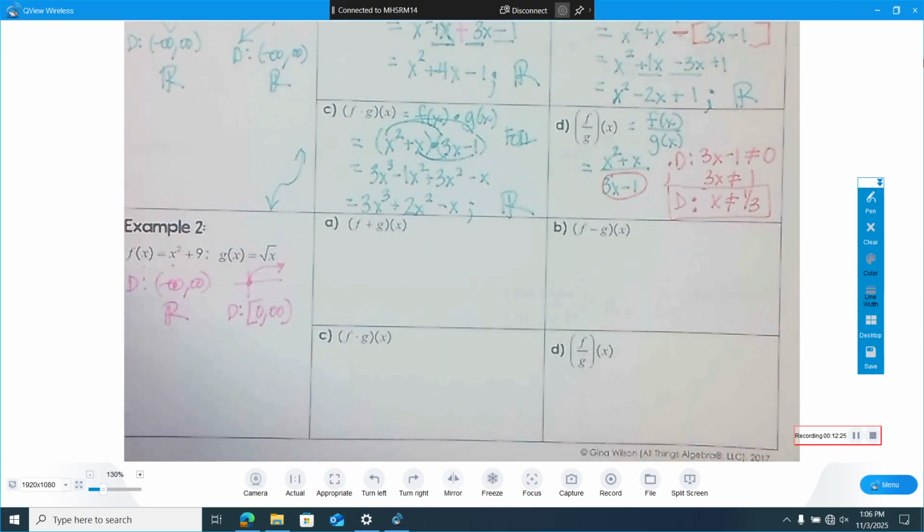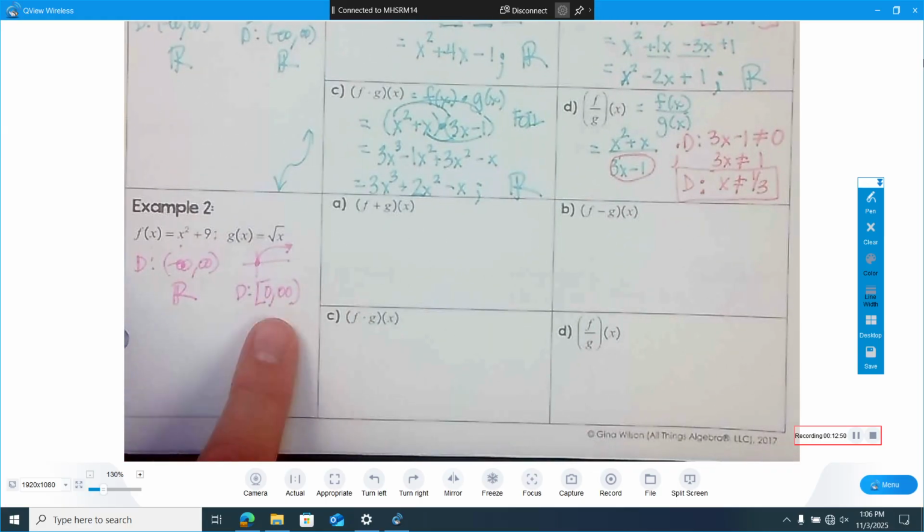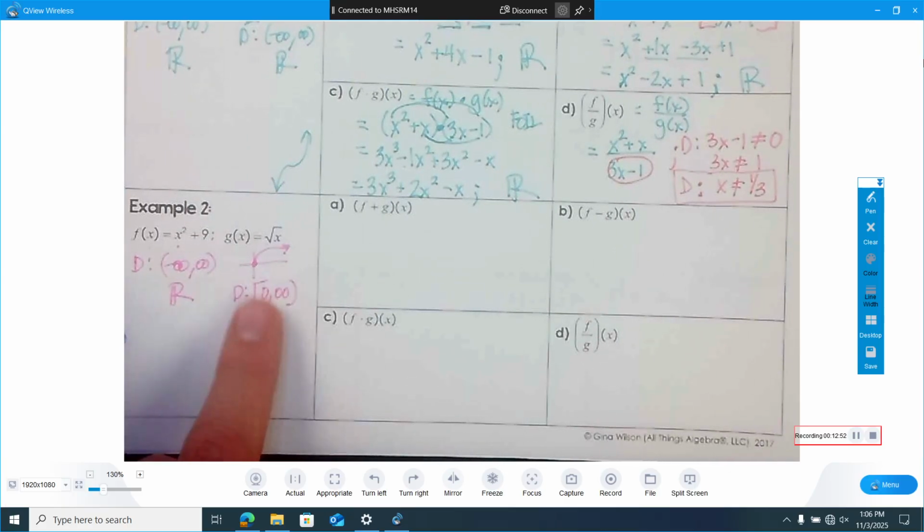So this has a built-in domain restriction. It's only positive values, or 0, actually non-negative is how you say that, 0 and positive. And so when we put these two things together, if we're combining the functions, I can't use all the values. Here I can use everything, but if I put these two functions together, I'm limited by whatever the smallest group